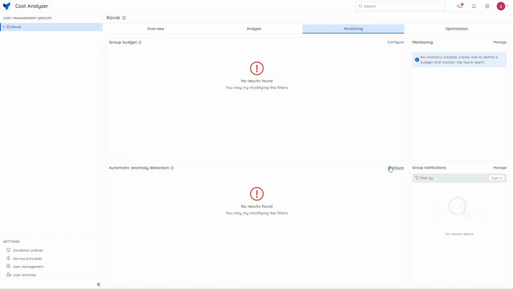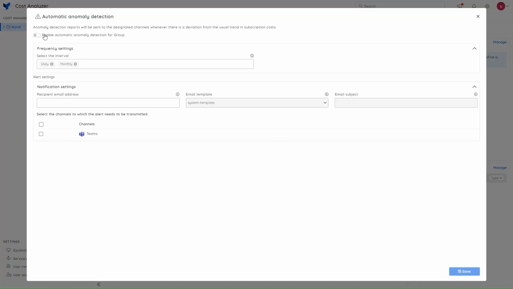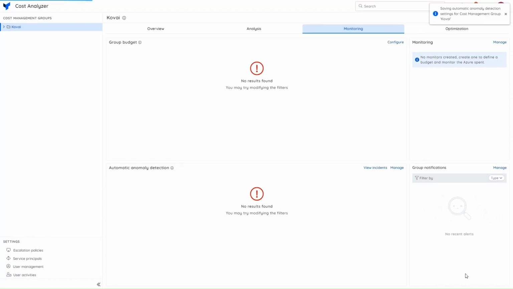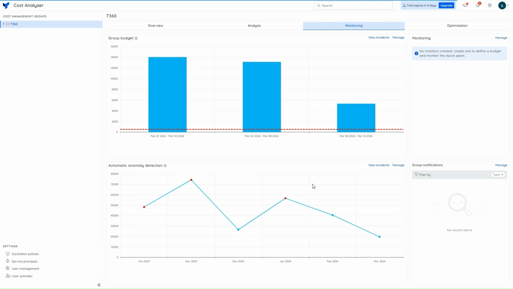To set up the anomaly detection, you can click upon configure and toggle on or off to enable the automatic anomaly detection for the group, and select the interval, whether it be daily or monthly or both, and choose the desired channels to which these alerts have to be sent. So I'm clicking on Teams over here and clicking on Save. So the anomaly detection reports will be sent to the designated channels whenever there is a deviation from the usual